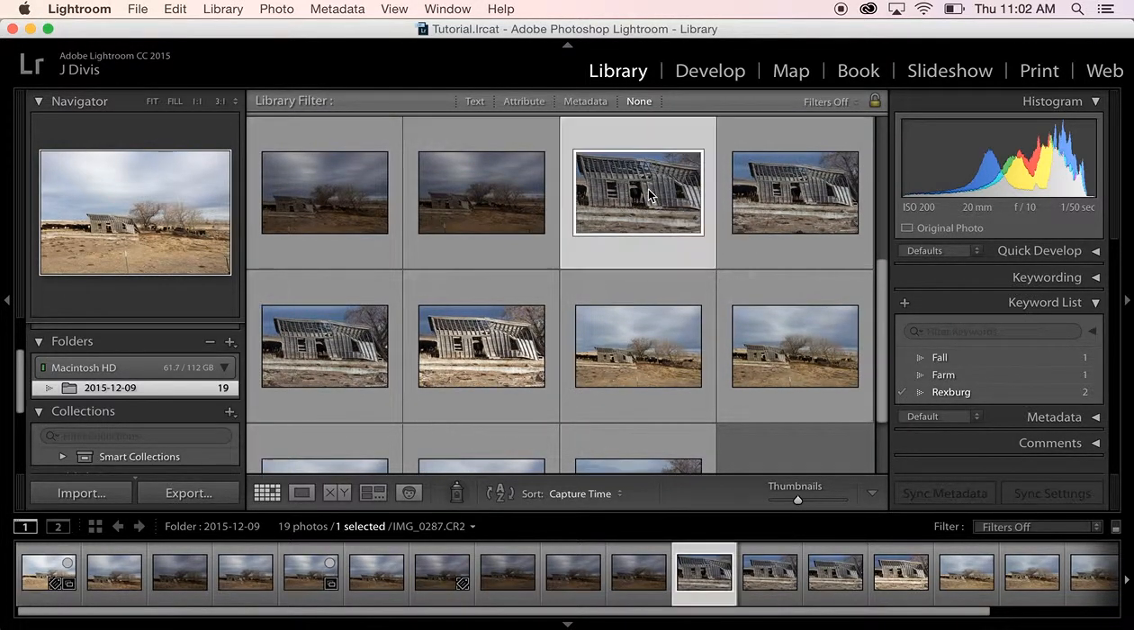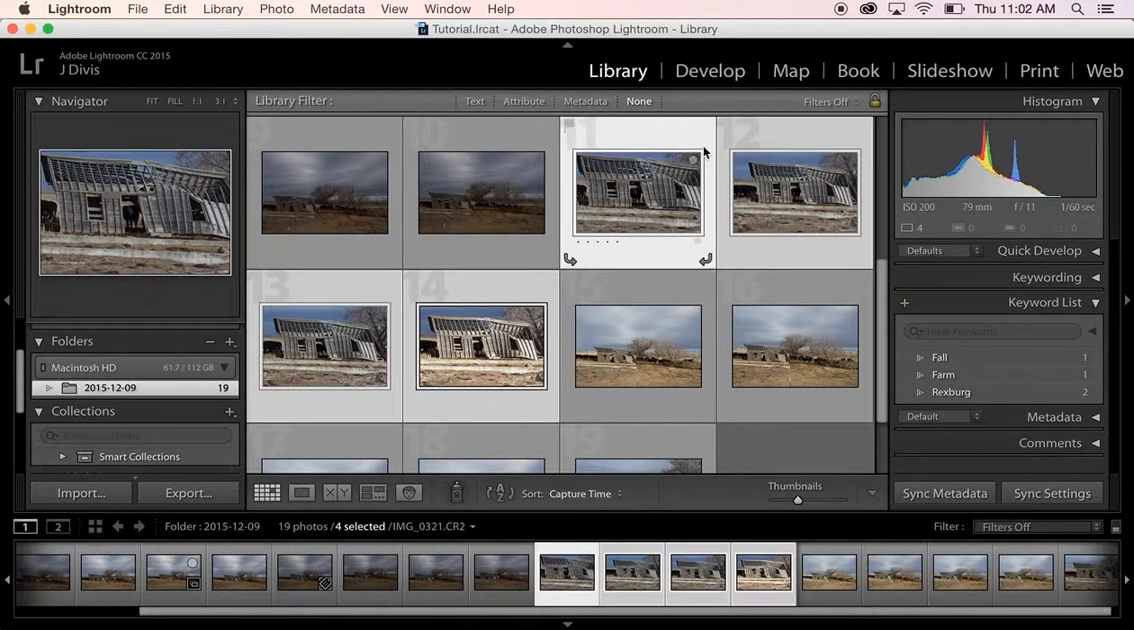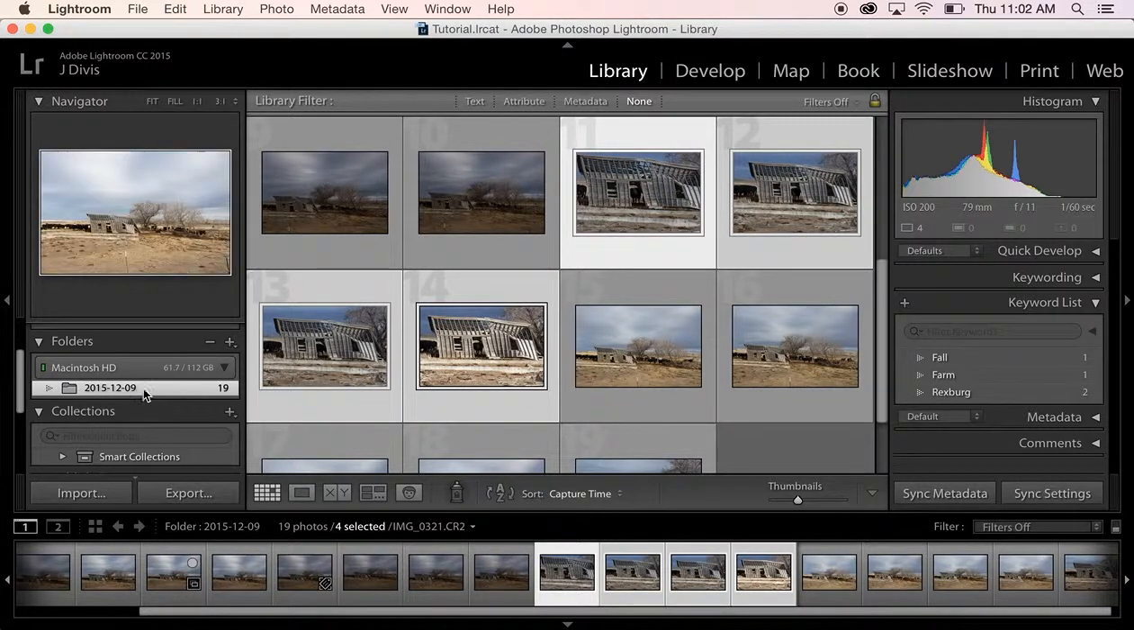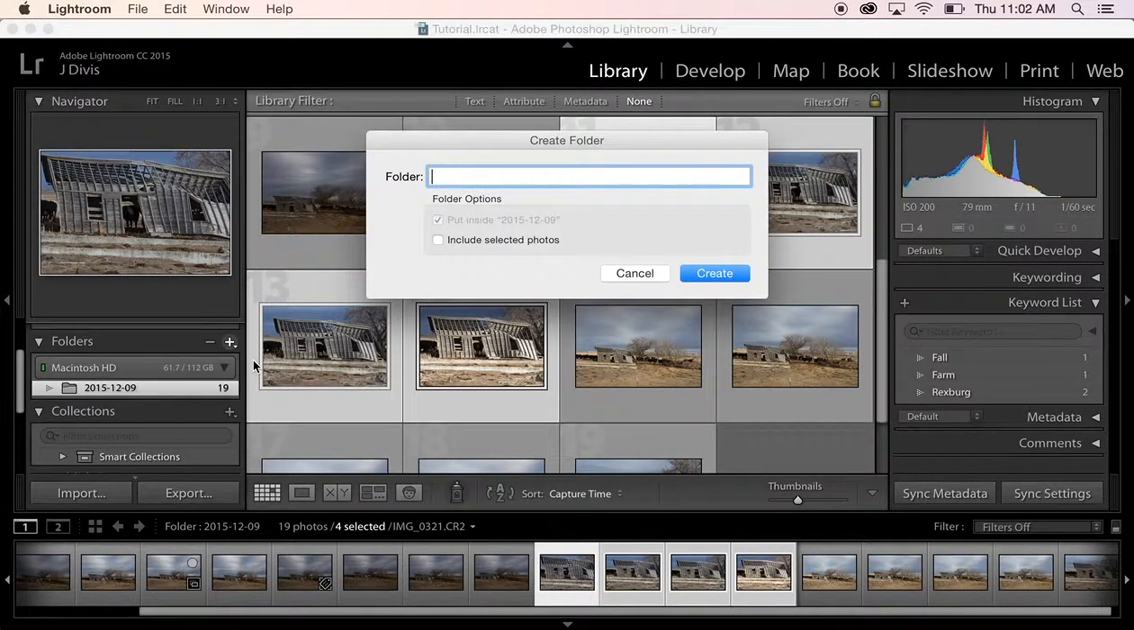But let's say these pictures where they're close-up of this building, that I want to save them all in a different folder. What I do is I select them, and then I have the parent folder selected, and I come here and I hit Add Subfolder. I'm just going to name this Close-Up. And then, because I've already selected the photos I want to go into that folder, I'm going to check Include Selected Photos. The cool part about Lightroom is when I'm doing this, it's actually creating a new folder on my hard drive where these photos will be stored. So when I hit Create,